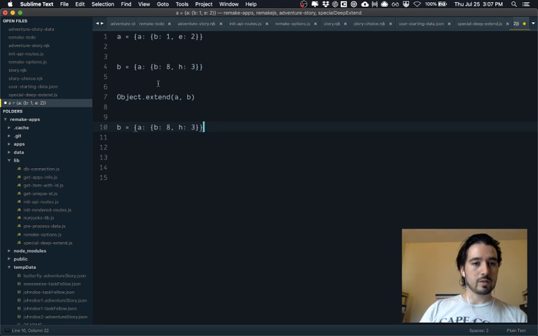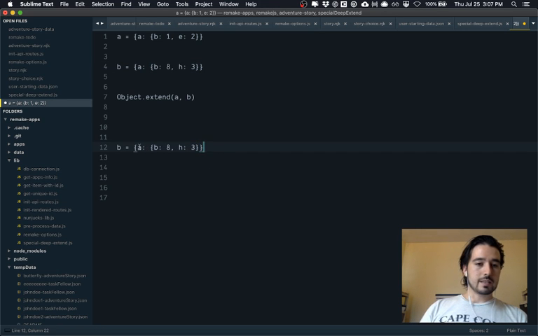Yeah, so basically what's going to happen is that this A key is going to be overwritten with this, okay? So this is going to be the result because this A key is extended. But since it's not deep extended, you're going to lose this E. That's what's going to happen. So that's why deep extend is better if you're working with nested data, deeply nested data, because